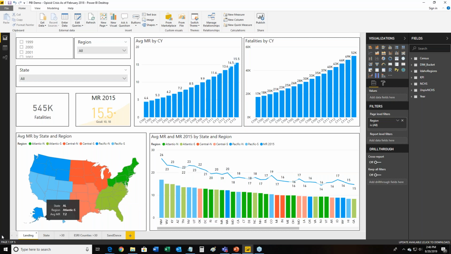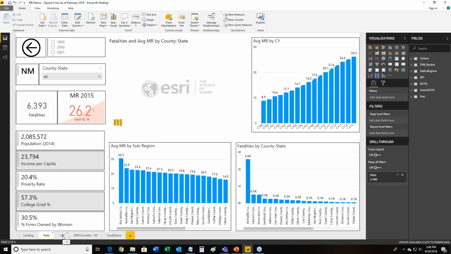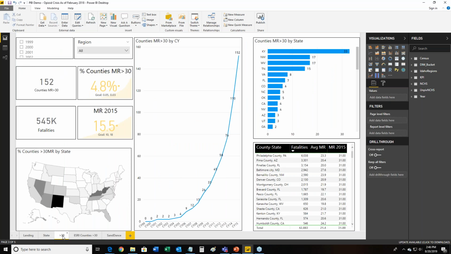Now I can look at the data in many different ways, but the one I want to point out really is this chart here, where I see counties with Kentucky with the highest amount. But I look down here, sorted by fatalities, and I see Pennsylvania, Arizona, Florida, Maryland, New Mexico. I only see Kentucky once here.